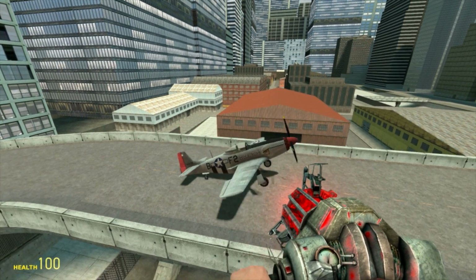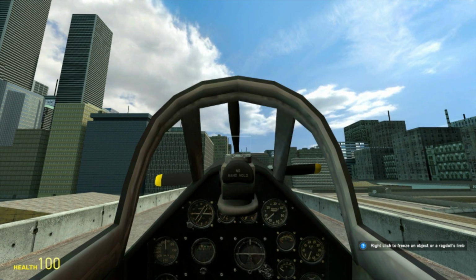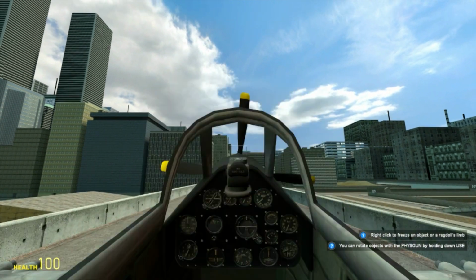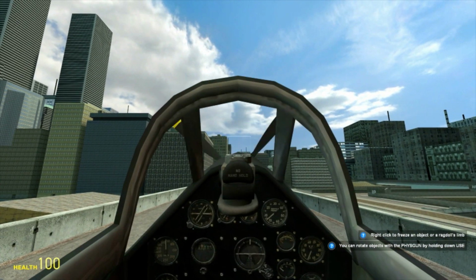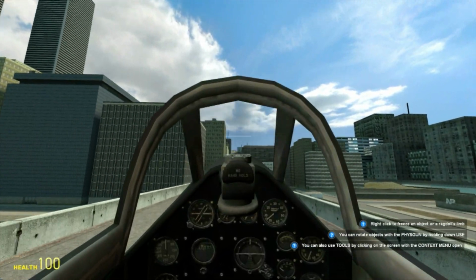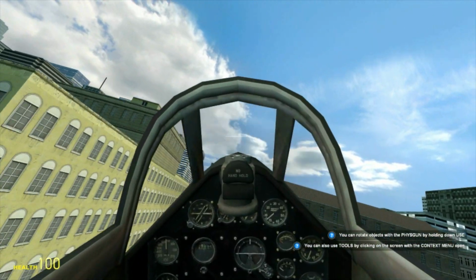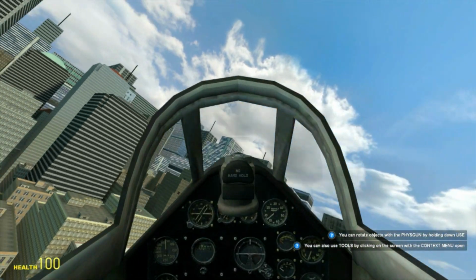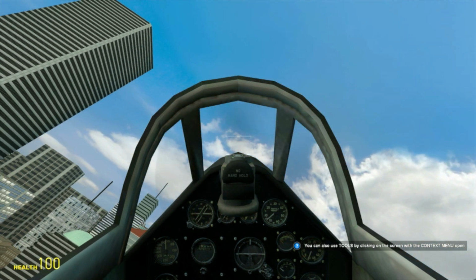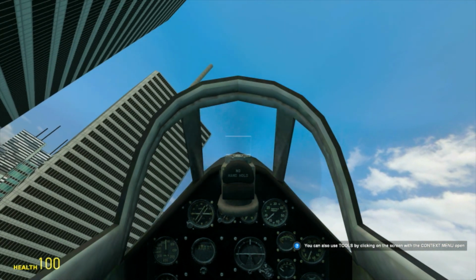Okay. Well, it's mostly the same thing. You just sit in, and if there are 2 seats, you can switch between 1 and 2. Turn the engine on with R, and there are not these bars here, which is quite good because it's more realistic. And now we are just going up just fine. Well, it's much the same. It's the same controls in the planes like in the choppers,